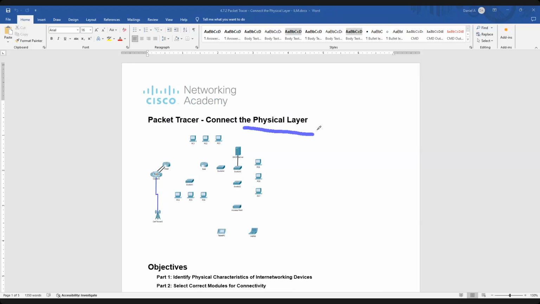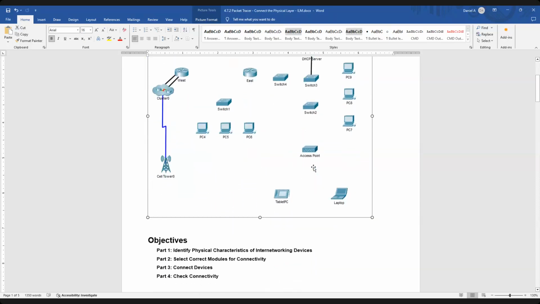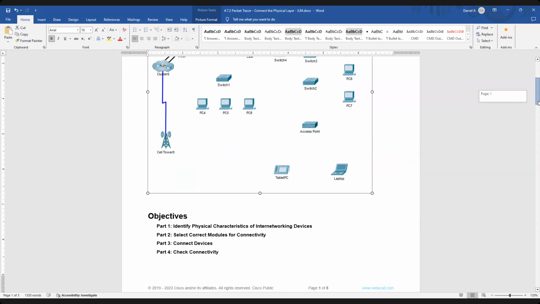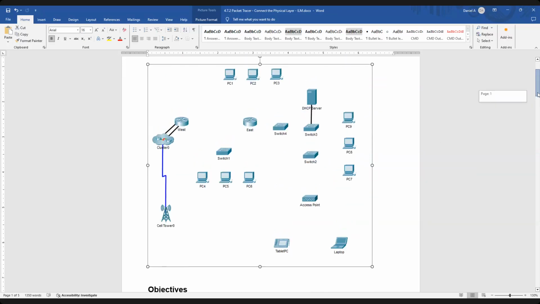So physical layer, this is just to check the connection of physical layer. So this helps us to identify those physical characteristics of internetworking devices. So we are going to select the correct module for the connectivity, and of course we are going to connect devices and check connectivity. ስለዚህ የተለያዩ ዲቫይሶች አሉ። So here is the service provider side and we have different routers